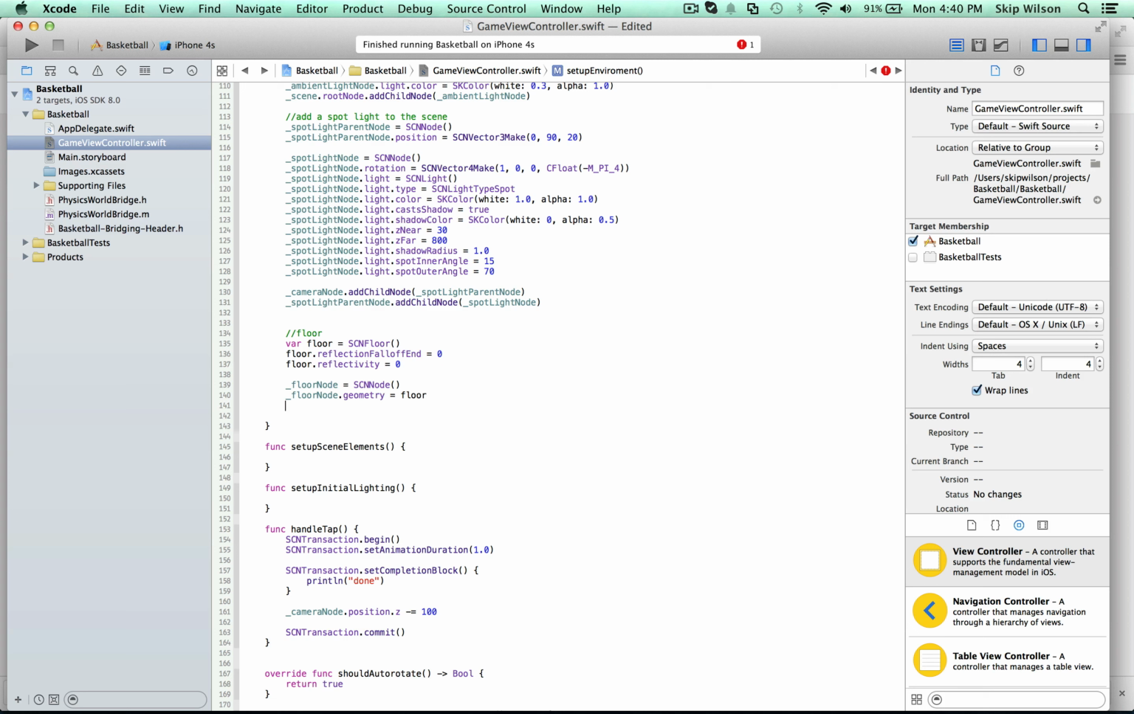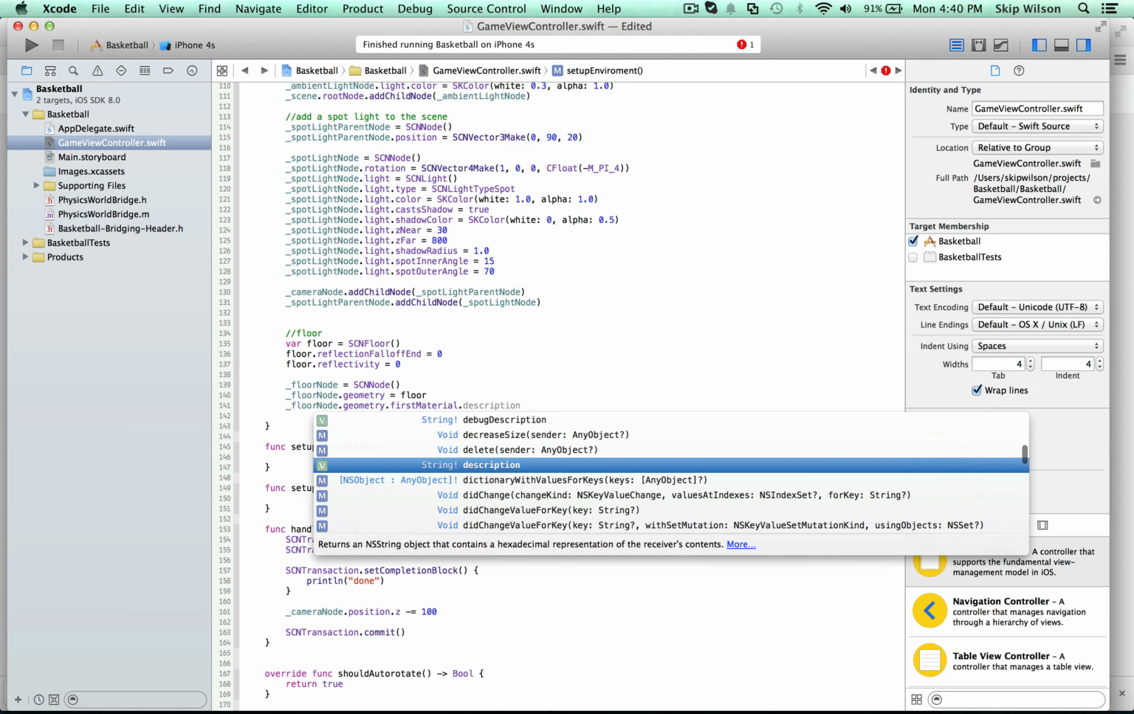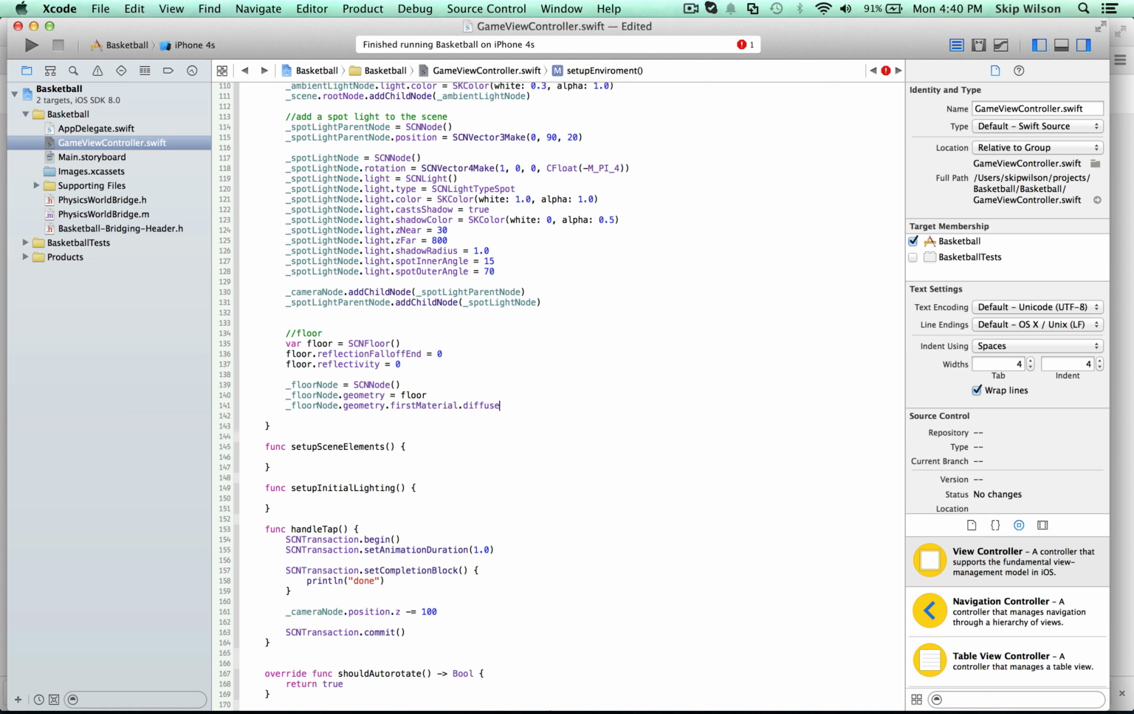So we're going to create this infinite floor that is the wooden floor, just because it's going to go on forever. And then we're going to say floorNode.geometry.firstMaterial. So we're going to add the material to this floor. Remember, the diffuse is the color. For the contents of that, we're going to set